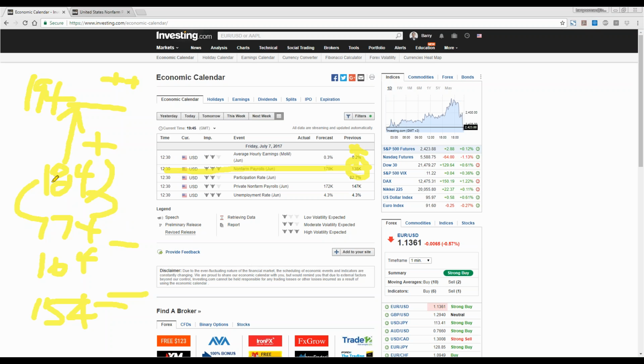Now, if we had got this report, say, at 182, so that 182 was still in market neutral territory, and we had a positive revision, that would have definitely pushed it into market plus. But say we had a report at 186, and we had a downward revision, that would have pushed it back into market neutral. But then we still have to take into account